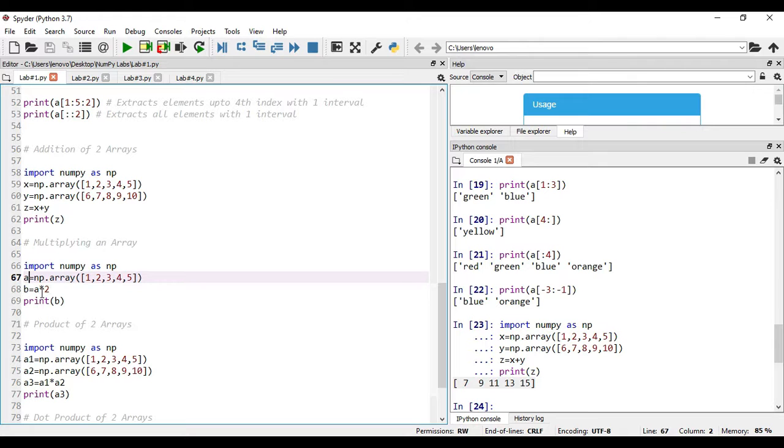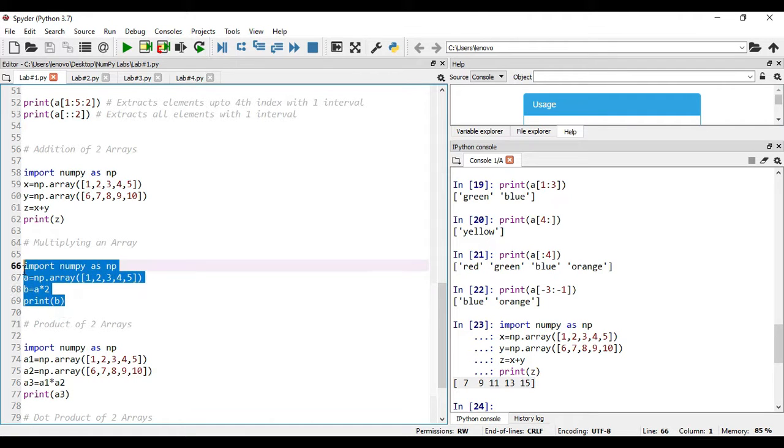The intention of writing this a into 2 is I want to multiply all the elements of a individually with 2. Means it will be 2 into 1, 2 into 2, 2 into 3, 2 into 4 and 2 into 5. Right? This way I want to perform the multiplication.